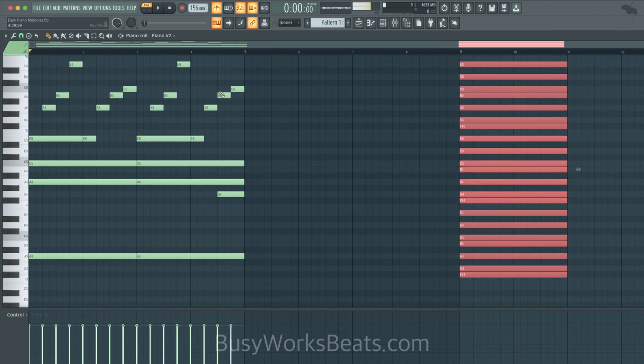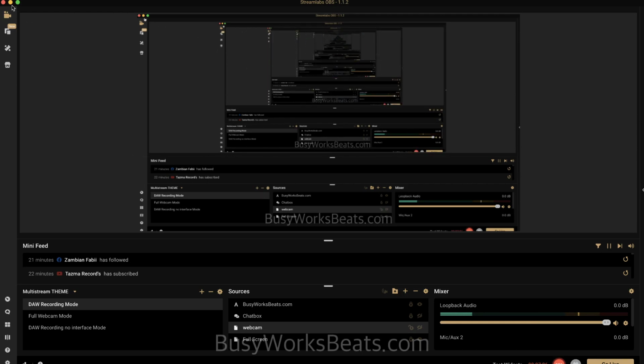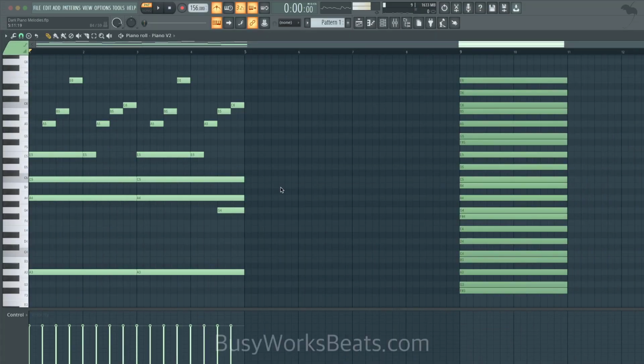Okay, so this section of notes needs to move somewhere or feel like it's going somewhere. It doesn't necessarily have to in hard music or dark piano, but for longer compositions, you want to make the chords move. Let me make sure I'm recording this, because that would, okay, we are good. Had to double check because last time I recorded and it didn't record for like 30 minutes and I wasted my breath. So I have to always triple check.